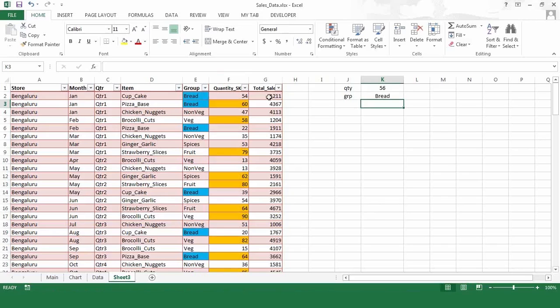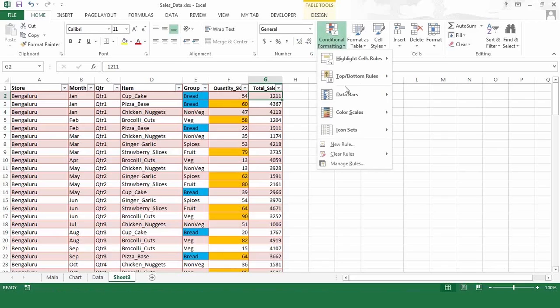Now, apart from this coloring, we can always do something better with conditional formatting. Let's take an example that we have these total sales in column G. Now, if I want to see the variation in my sales for all my stores, then in that case we have to create a graph. We will talk about all those things, pivots and graphs and everything. But for the time being, I just wanted to see how my sales are looking in terms of visual representation. So right now I can see the numbers 1200 or 4000, 100, 1000, 3000, but it is not appealing to my eyes. So to make it appealing to my eyes, what I can do, I can go to